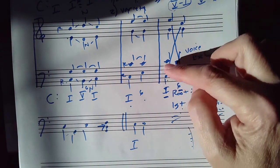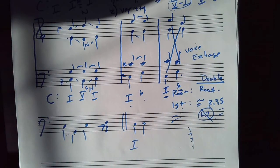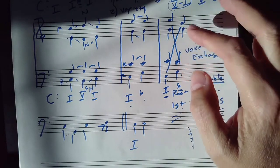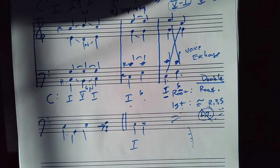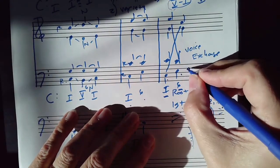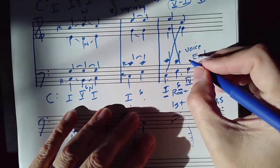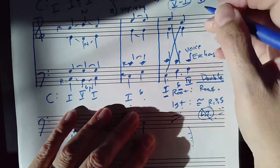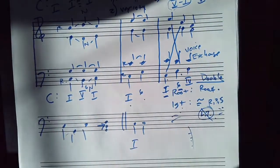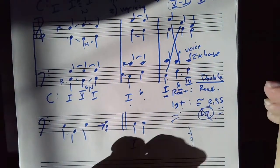So if, for example, this was going into a first inversion, root position 4 chord next, then it might work better to have this voice exchange here giving us 2 C's, because then if it goes to 4, watch what happens. This C can sustain, this G can go here, and this A can go here. It's very, very smooth. Okay. Here,